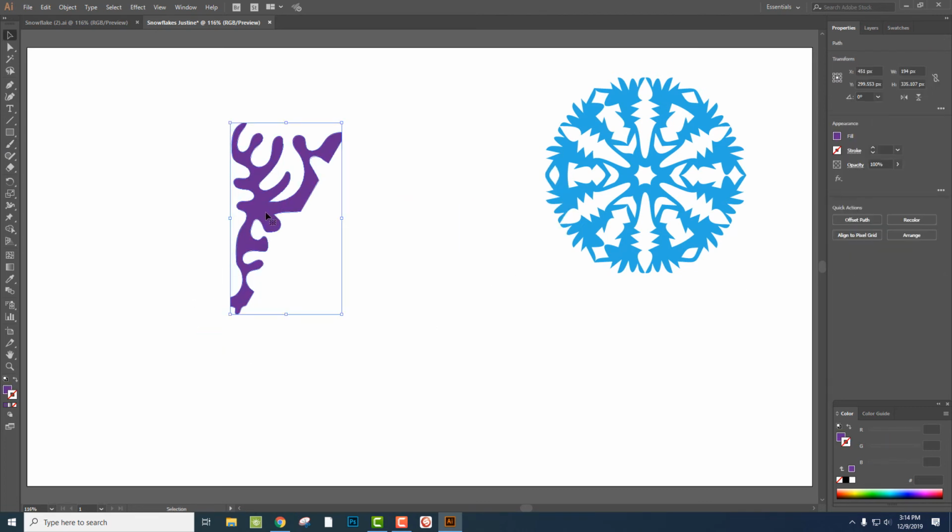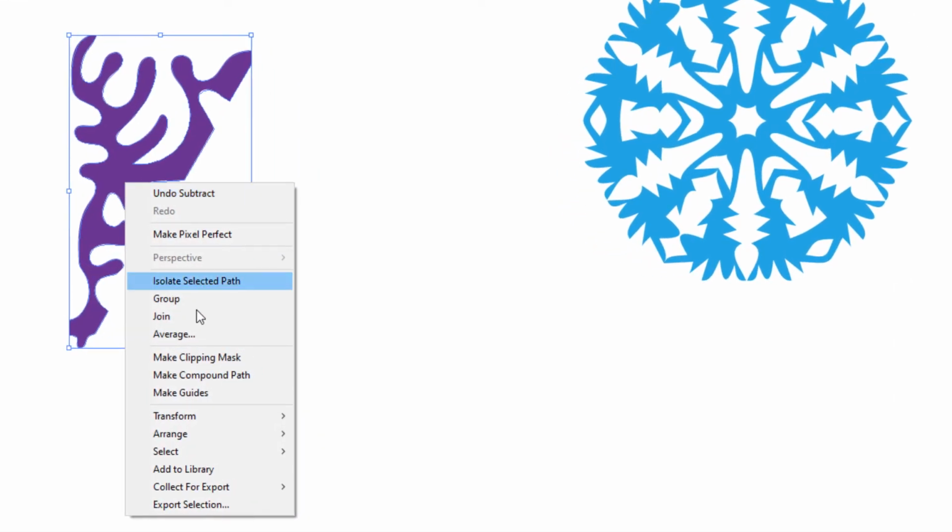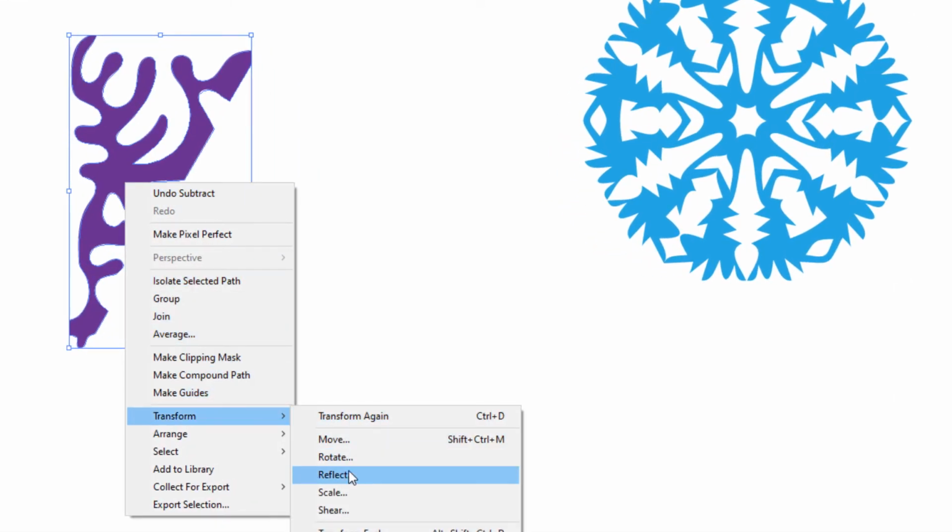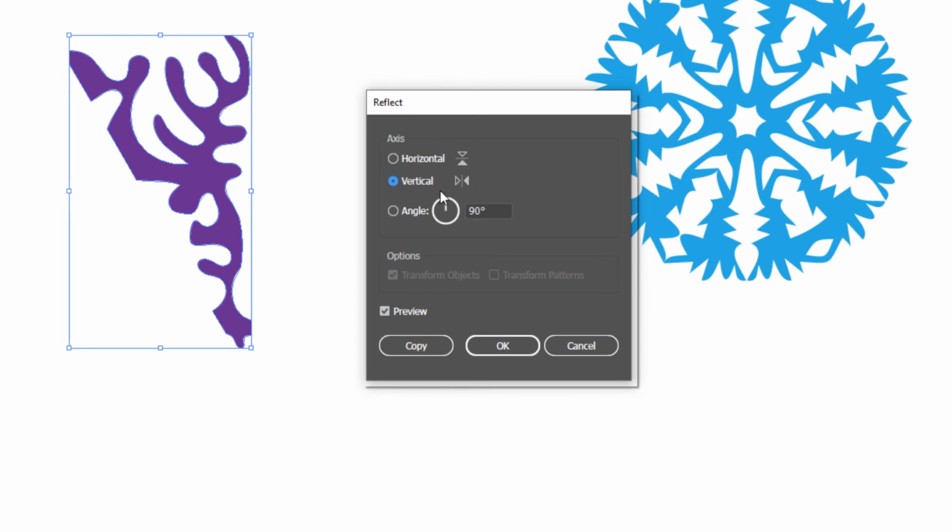Okay, now that I'm finished with all my cutouts, I'm going to select it, right click, transform, reflect, 90 degrees